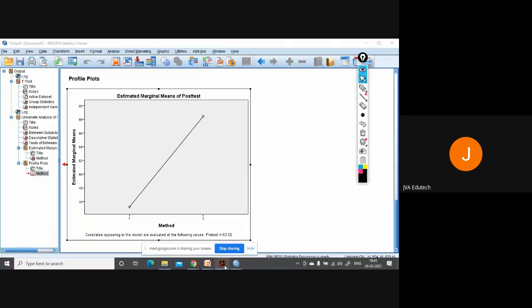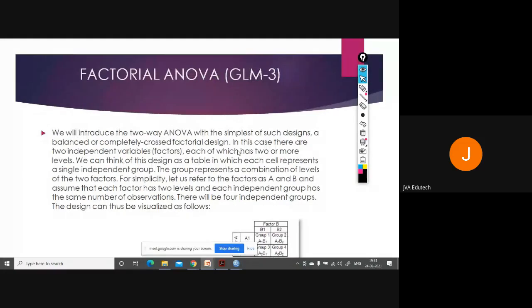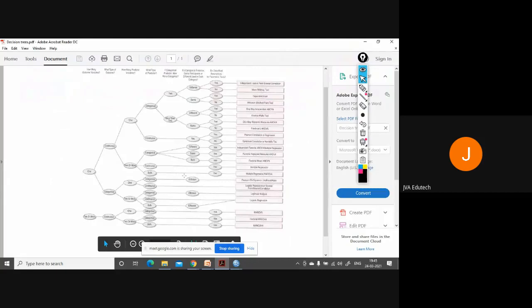Now coming to the GLM model 3. Factorial ANOVA. When we perform factorial ANOVA, let's see.